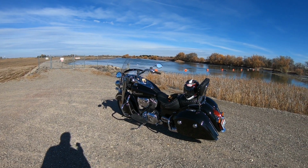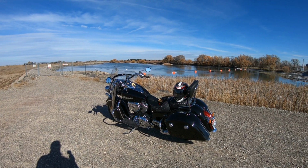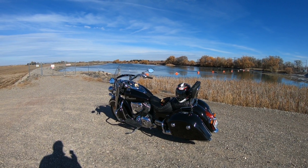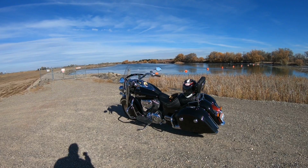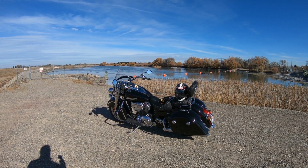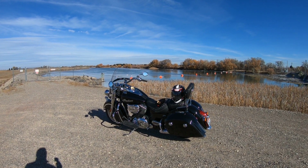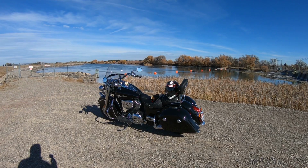The rear cylinder deactivation, I've only used it a couple of times because it really never gets that warm here. We never really get stuck in any traffic, so I haven't really used it that much. But I did notice when I did use it, especially if I didn't turn it off just before I parked